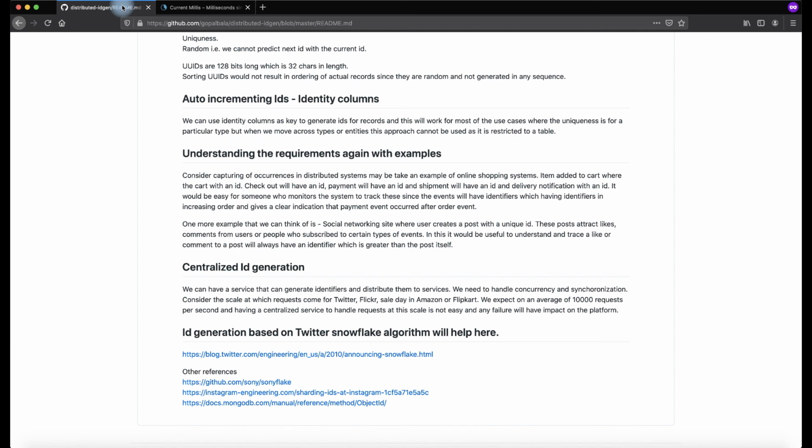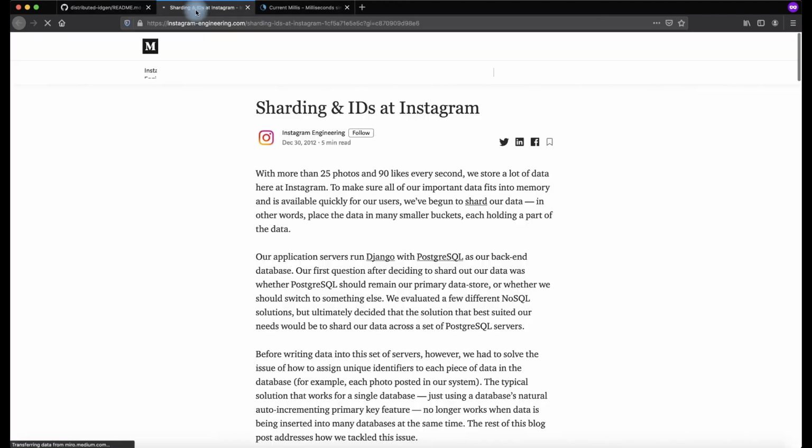So there are some references which I have taken. I have looked into Twitter. I have looked into the Snowflake algorithm, which was generated by Sony. We have used it in Golang. If you are a Golang expert, please go ahead and do it. I have not done it in Golang; I'm a novice developer in Golang. And if you take a look at this Instagram post, it is very beautiful.